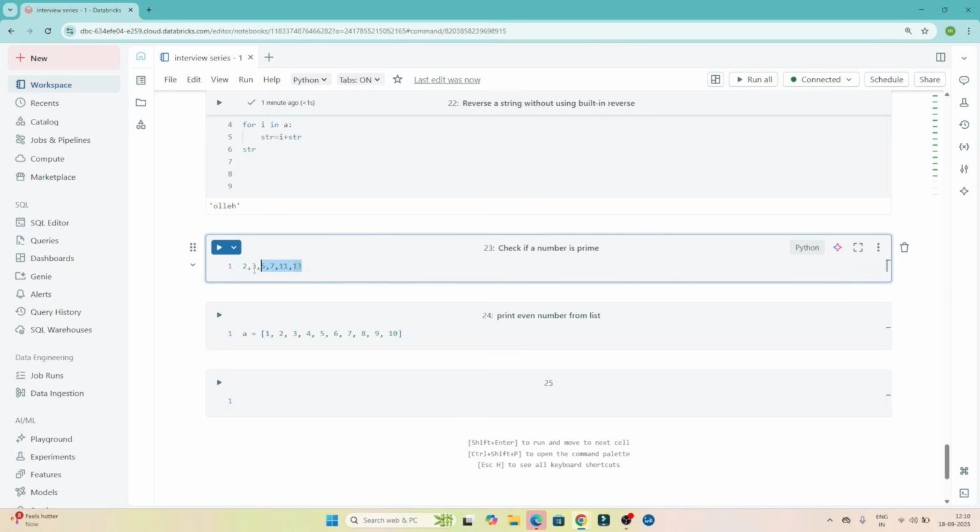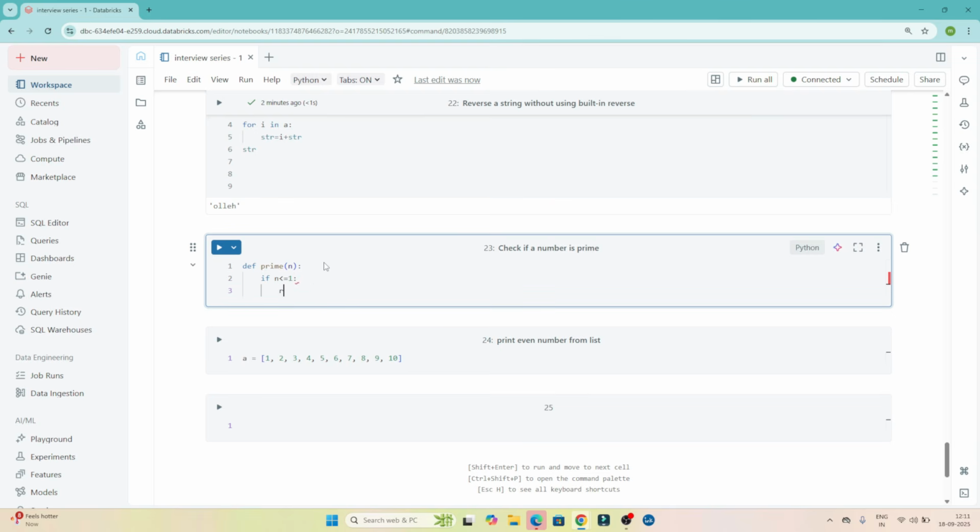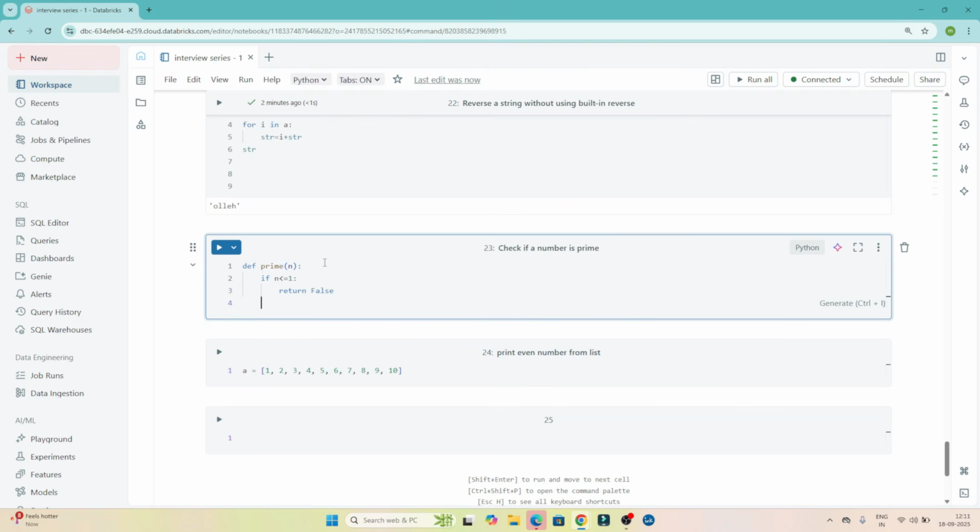So you have to check whether the given number is a prime number or not. So how can you write a code for that? I will create a new function, def prime(n), and after that I will check if n is less than or equal to 1, then I will just return False, which means that is not a prime number. Otherwise I will check